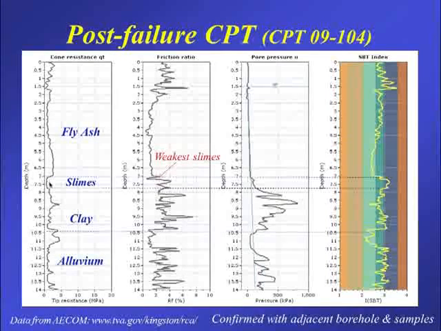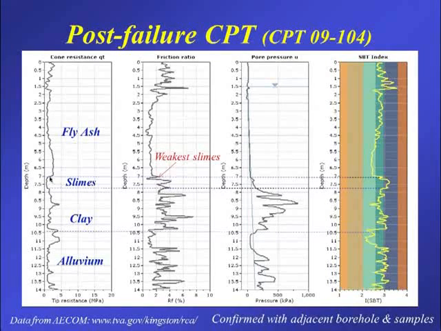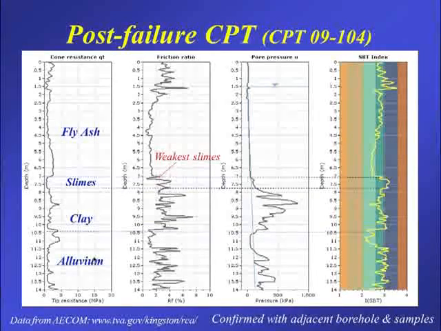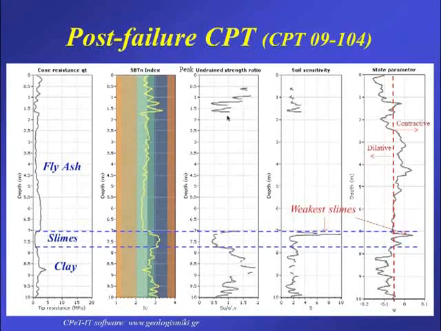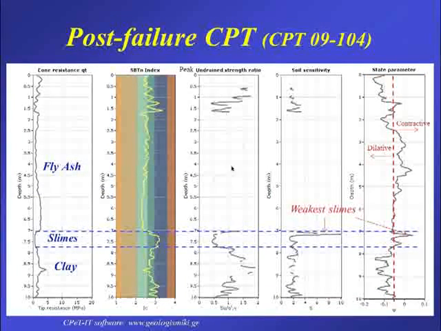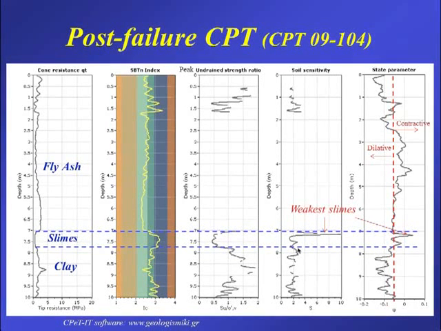And then you hit the slimes. In this case, the slimes are about 1/2 meter thick. So a dip in the tip resistance due to the soft slimes. Friction ratio picks up. Pore pressure didn't pick up too much, and then you've got the natural clay underneath and the alluvium underneath. And then if you run an interpretation, and if you just look at the peak undrained strength, the undrained strength ratio of the slimes is relatively low, but the sensitivity, there are spots that it jumps up very high. And then if you actually estimate the state parameter just based on clean sand equivalent, then sure enough,